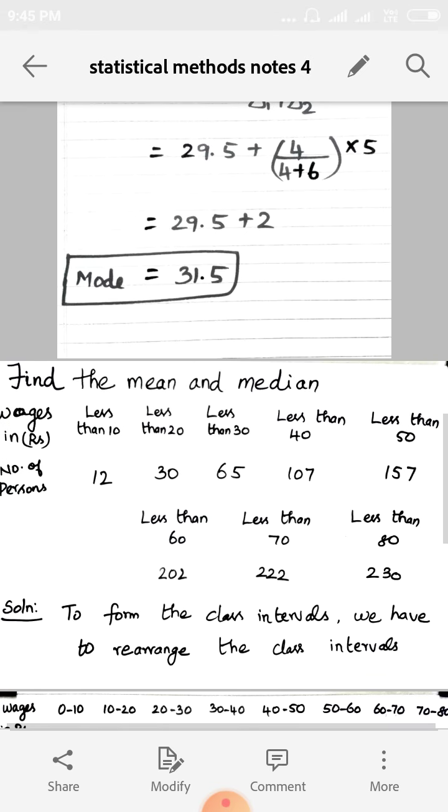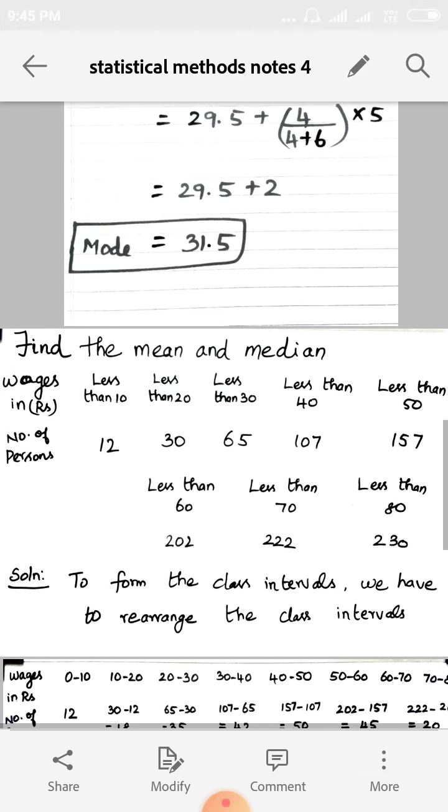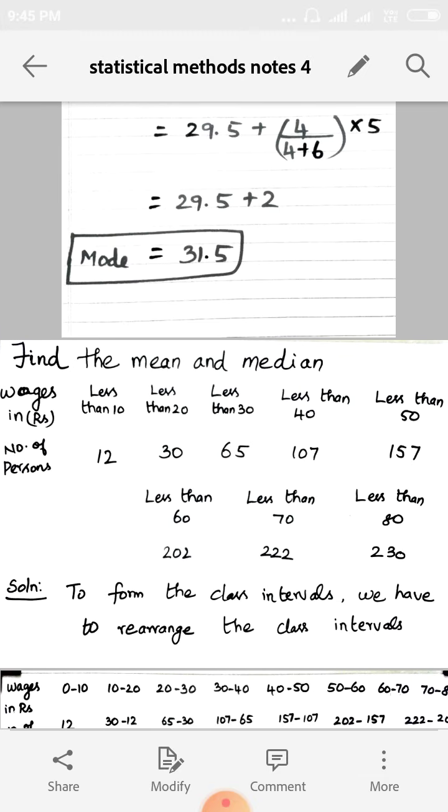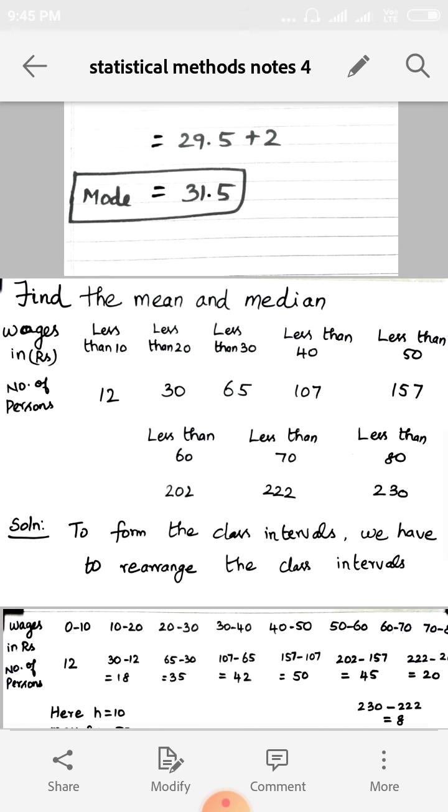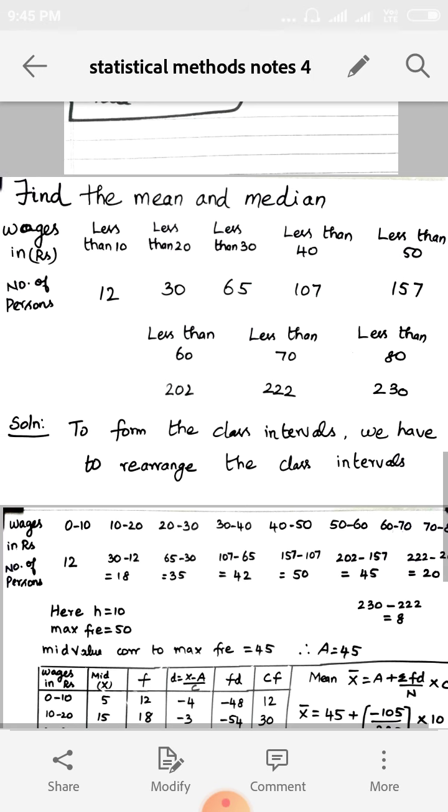Dear girls, the first types are nothing but those where the class intervals are not continuous. So we have to rearrange the class intervals into continuous ones by subtracting 0.5 from the lower limit and adding 0.5 to the upper limit. Then, as usual, with the same method, we find mean, median and mode. But in this method, the class intervals are given in the less than type, so frequencies are not given directly. Only cumulative frequency is given. So we have to find the frequency and solve the problem. That is the less than method type.